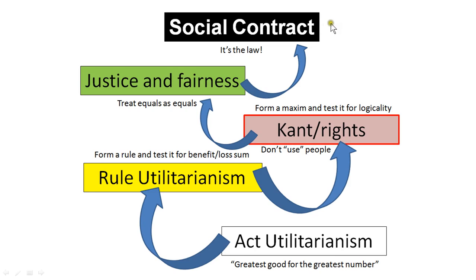The social contract evolved also in the Enlightenment when the whole idea of divine right of kings and religion was being questioned. And if divine right wasn't the basis for the king being in charge, what was? This answered that question by saying people, that is, the people who live within a country receive benefits from the country being organized in some way with a government. Therefore, they owe the government allegiance to the laws that are passed.